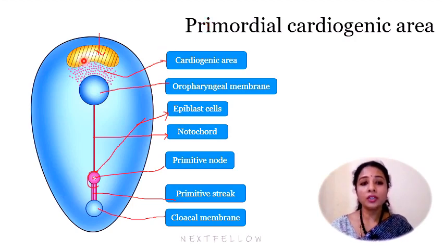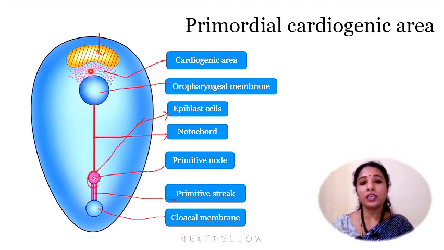So this heart tube is formed within this cardiogenic area of the embryo. In the beginning, the cardiogenic area is located anterior to the neural tube. So this is the cranial end of the embryo, and it is located at the cranial end of the neural tube. The neural tube, we know, lies superior to the notochord. This pink colored line is the notochord. So just above the notochord is the neural tube.